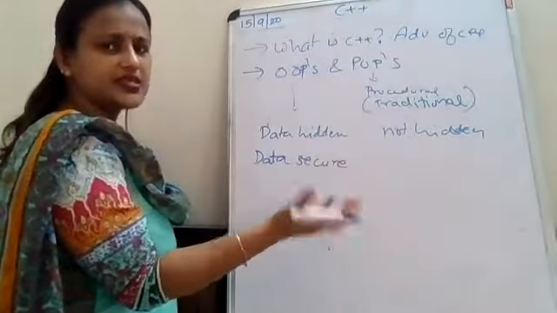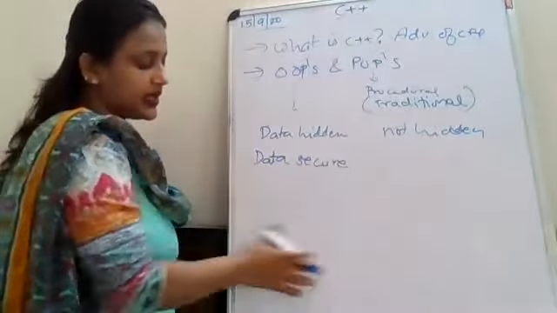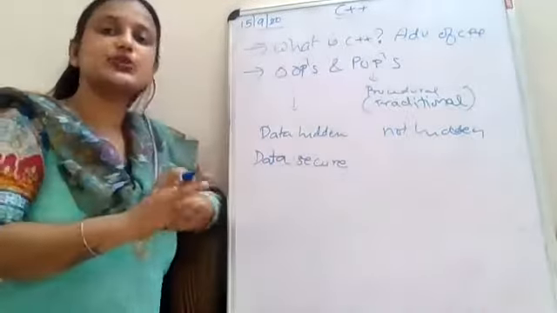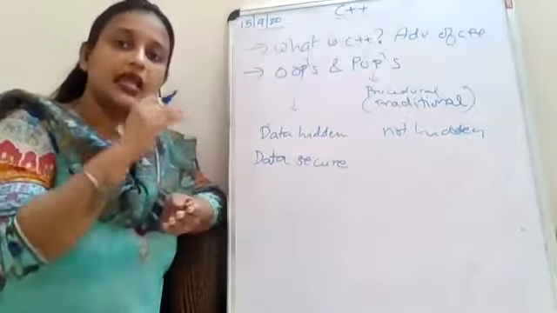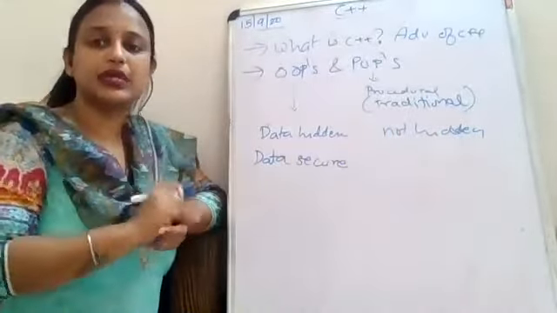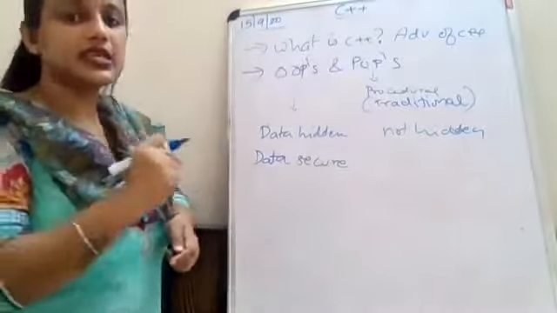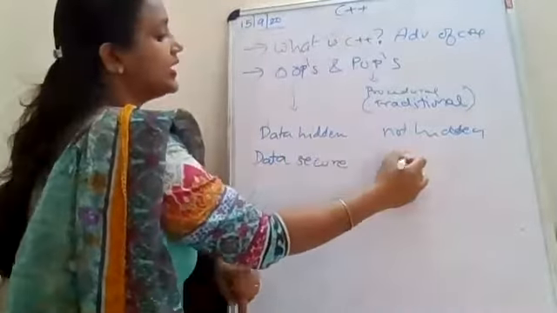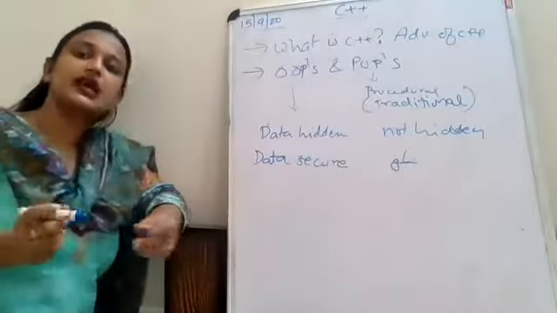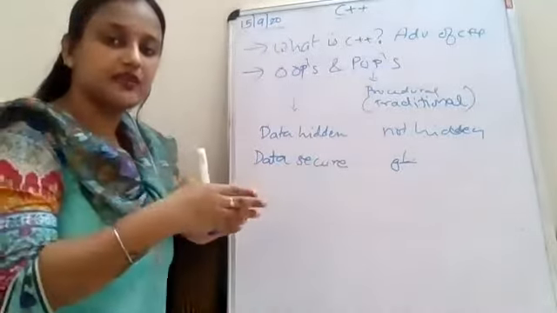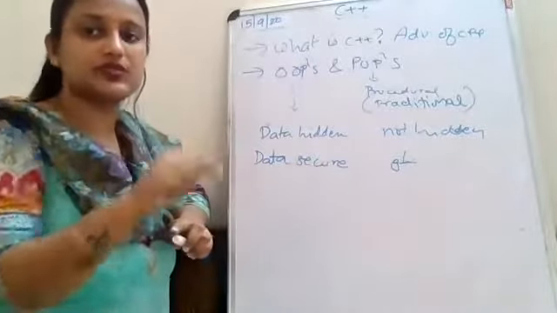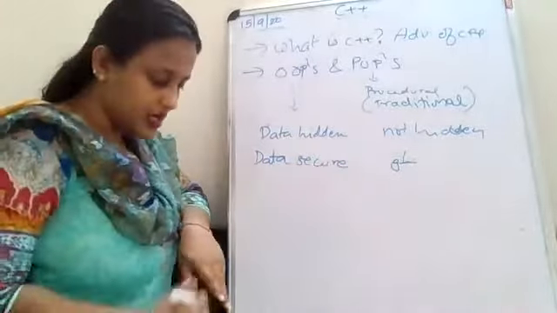Again, inheritance, data is secure in the terms that you have classes, and in a class you have data member and member function, and only if you allow the data to be inherited, then only it can be inherited. So your data is secure. Over here, any data, any variable can be used by any function, as in everything you write in main function. So there is no limitation that this particular variable will be used for this particular function only.